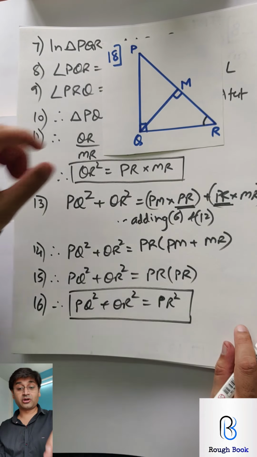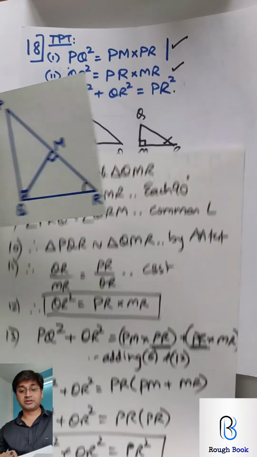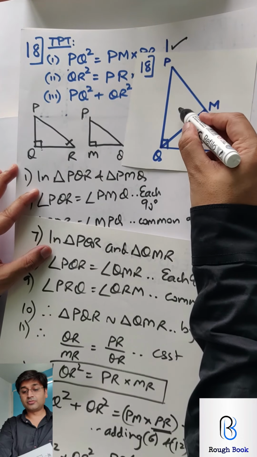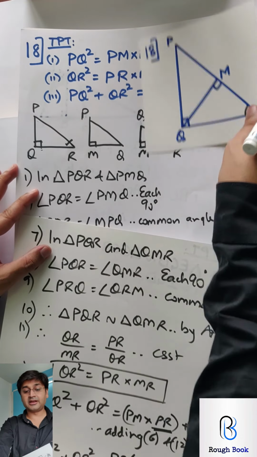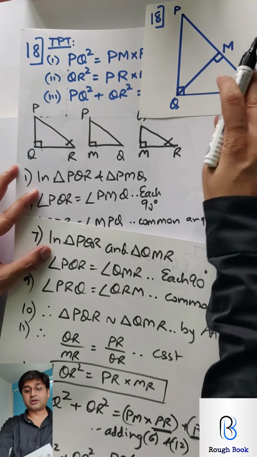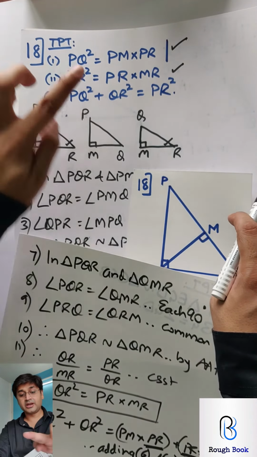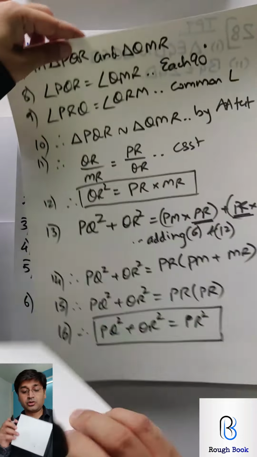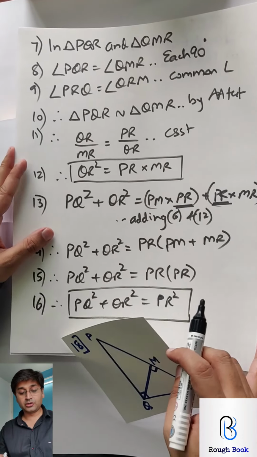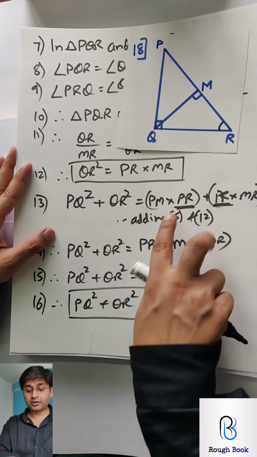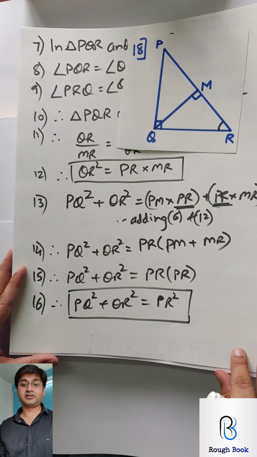So how must Mr. Pythagoras have thought? He first took this triangle, the right angle triangle, split it into 3 parts. 1, 2 and the third is the bigger triangle. Pulled the 3 triangles out like this. And then he took these two, got PQ square. He took these two, got QR square. Then he took PQ square and QR square, added the two together like this, brought PR common, and finally PR square.